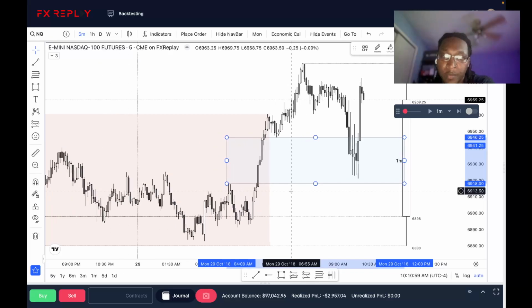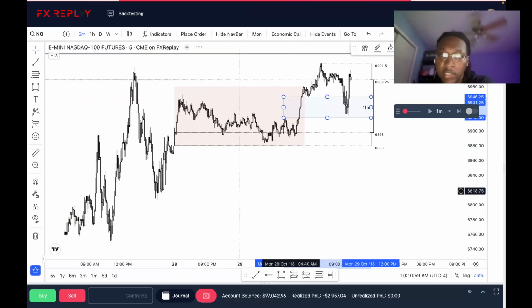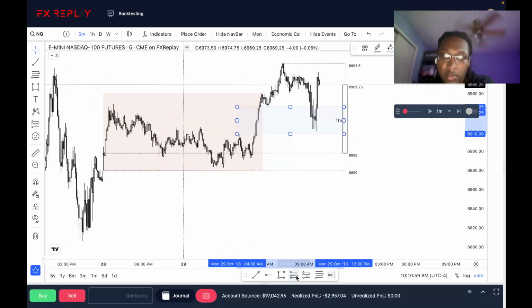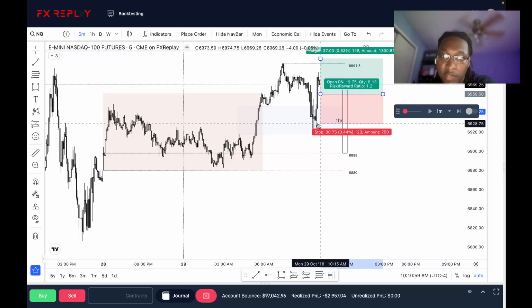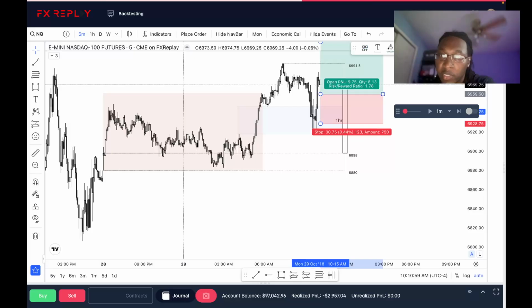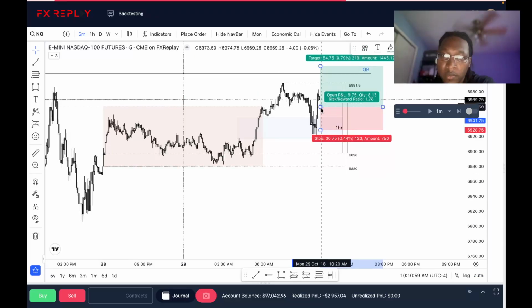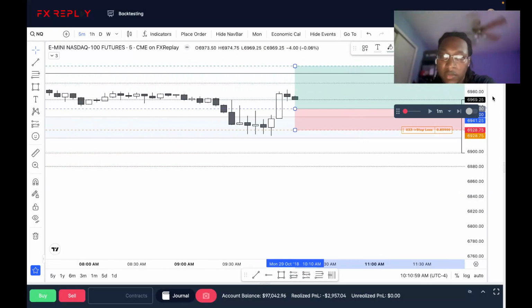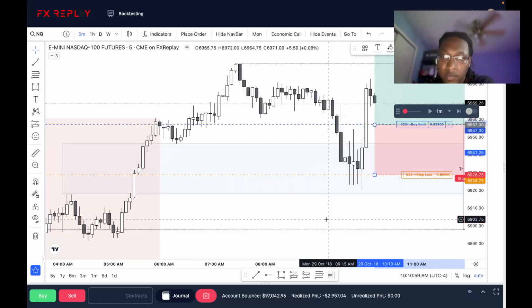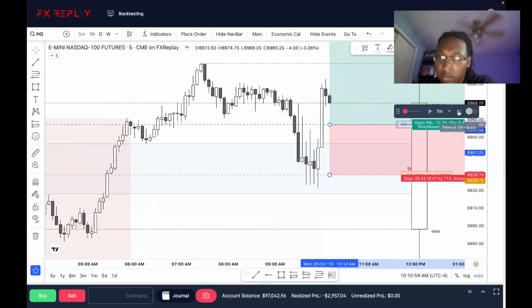Boom. So this right here is a trade that I would like to take. Looking for the buy inside of this gap, stops underneath these lows, targeting higher prices. So this setup would be a 1 to 2. So I'll take this right here, save, zoom in. We get triggered in.